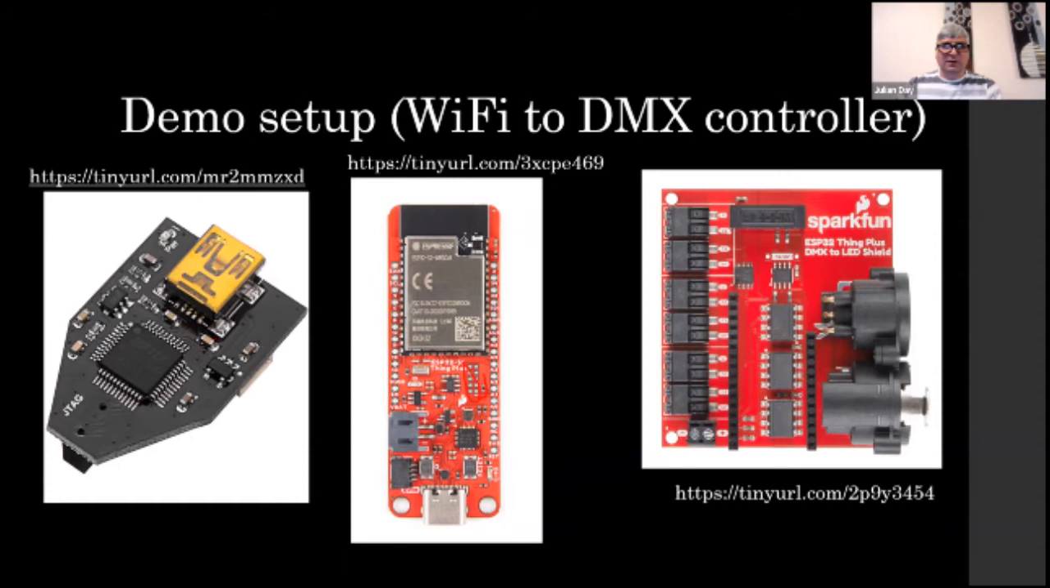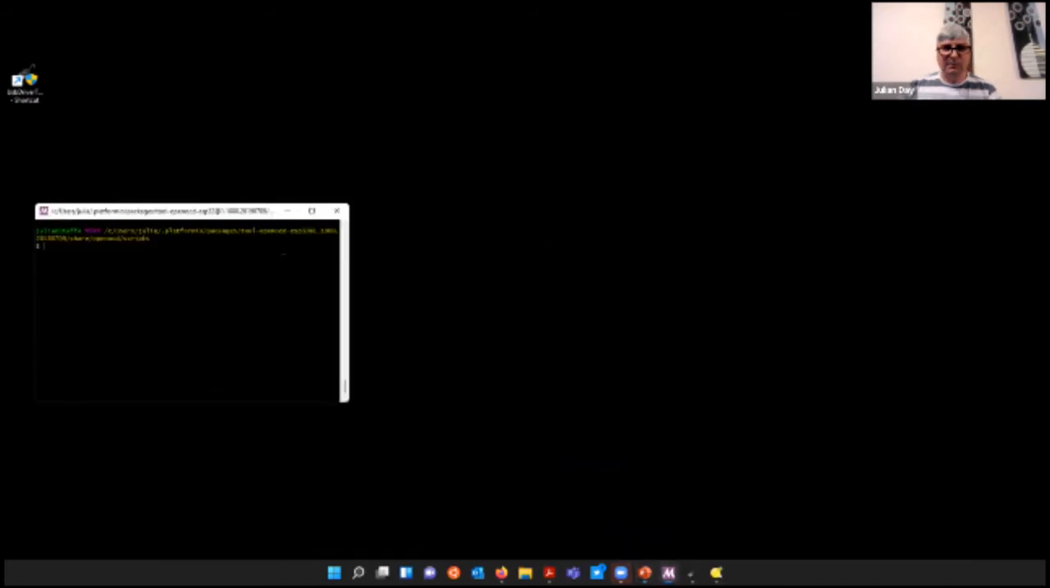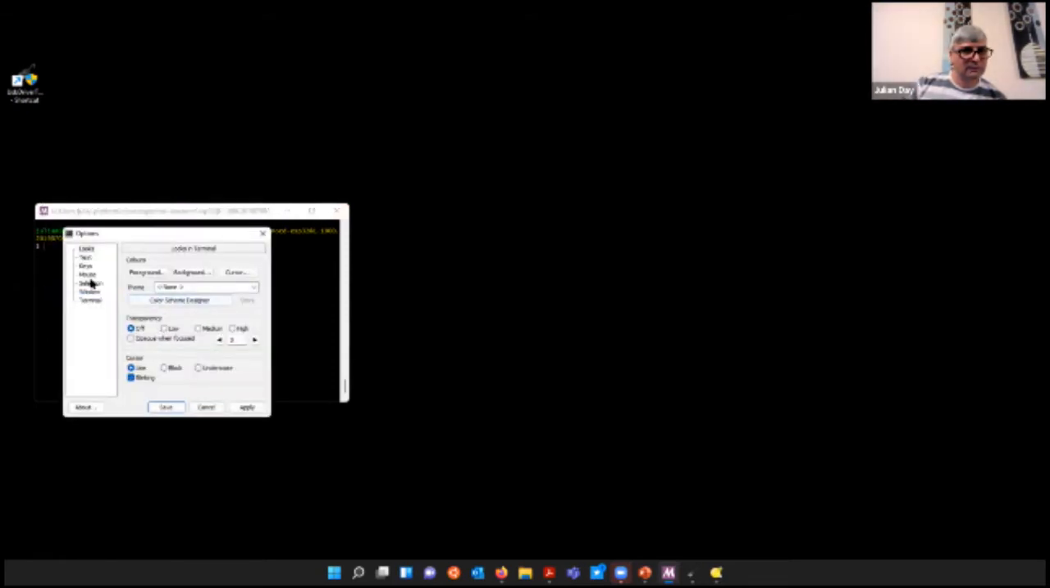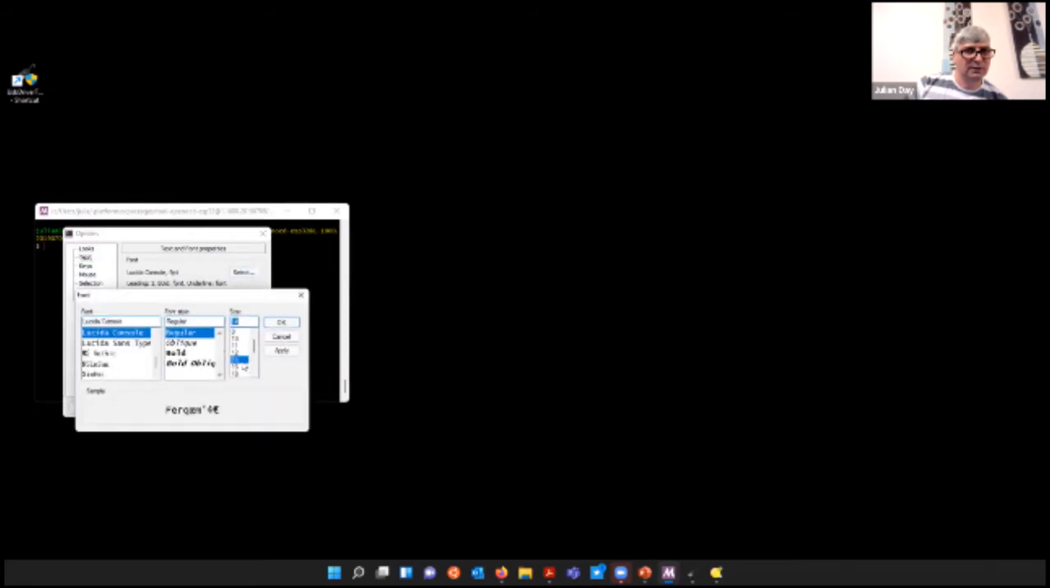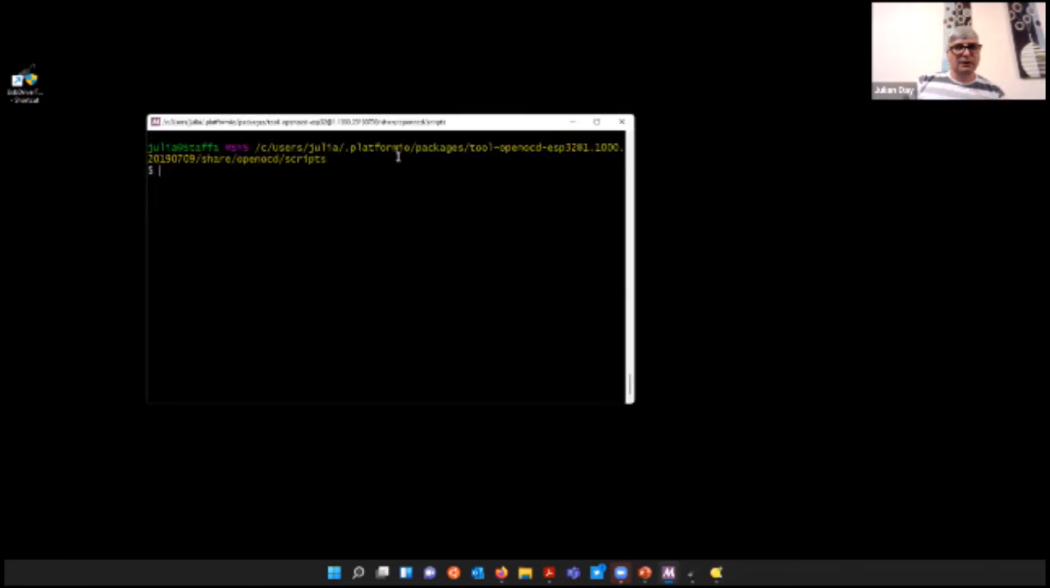So with that, I'm going to move over to demo mode. First, I'm just going to bring up a command line interface. Let me see if I can increase the font size on that. Right, so